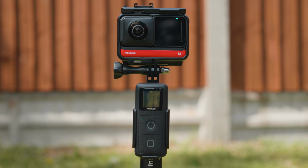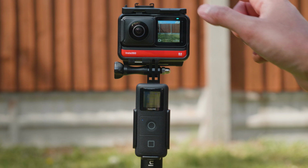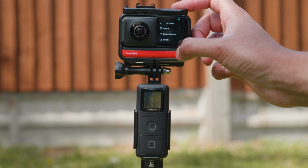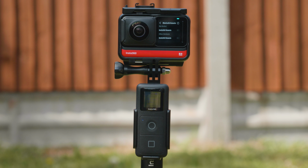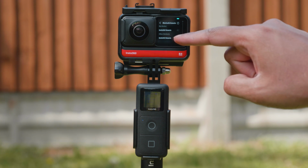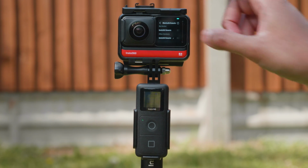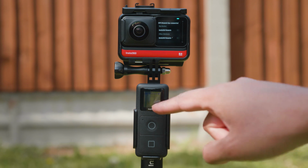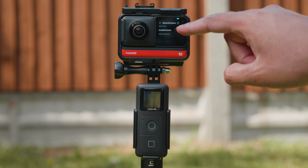Now to connect your One R to the GPS Smart Remote, turn on the One R. Swipe down from the top of the screen and go to Settings. Then go to Bluetooth Remote, and now the One R will search for the Bluetooth remote, and under other devices it says Insta360 remote. Tap this, and now the One R will begin to pair with the GPS Smart Remote. So here it says connecting, it's connected,